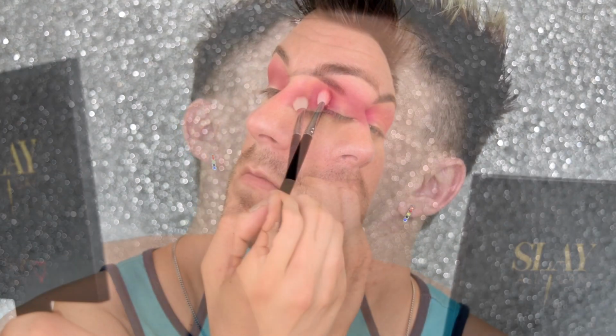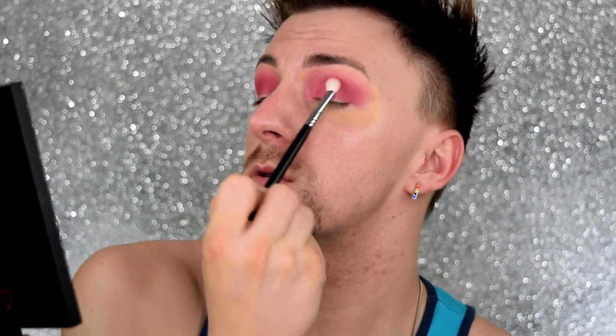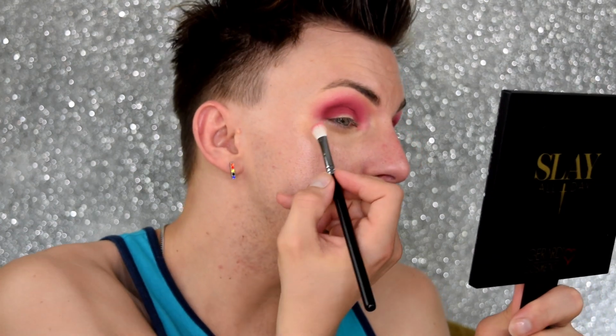I think it's funny that so far I've used the shades Disco, Devoted. So far, these shades are blending in well together. I don't notice any specific problems or patchiness or anything like that. They are working appropriately, and I'm enjoying that. And I do like those two together. They blended in very nicely. I think rather than having it rounded though, I'm gonna take a little bit of the deeper shade and just drag it out a little bit, just to give it that